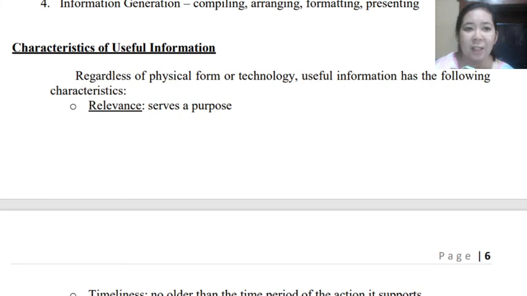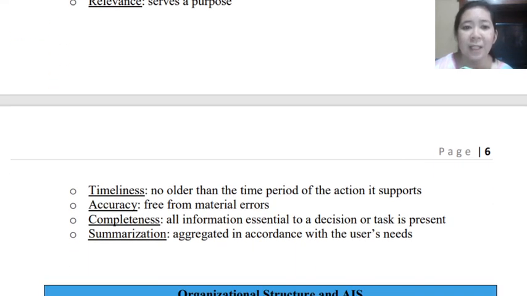What about the characteristics of useful information? So how do we know if an information is useful? We have here the following characteristics. Regardless of the physical form or technology, the usefulness of information has the following characteristics. First, it should be relevant, meaning it will serve a purpose. If the information is relevant, the decisions of the users will be influenced by using that information. That is relevance. Another is it should be